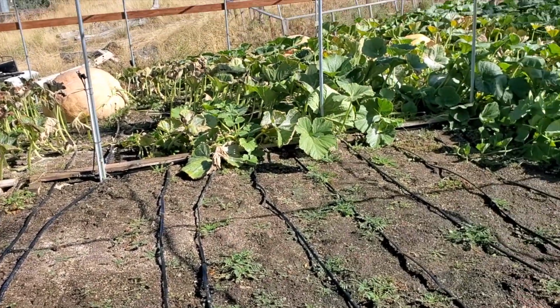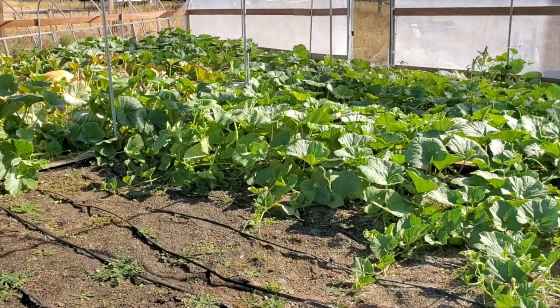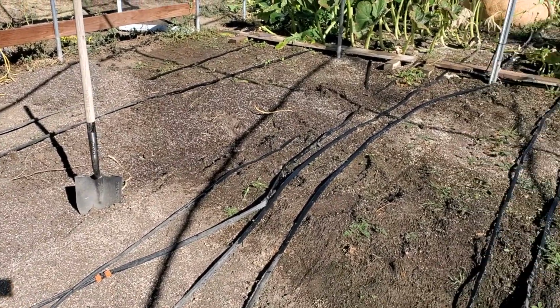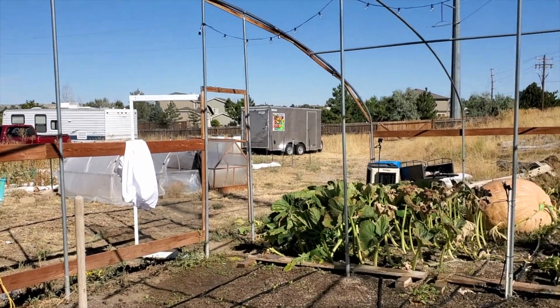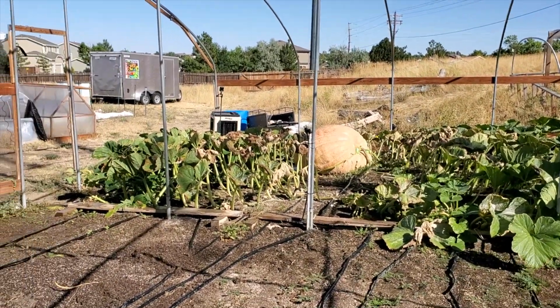So we'll wrap it up with a tour around the patch. I thought I got all the fans. I see one right there I need to snag, but got all the power out of here. I dug up the heat cables and got the end wall taken down. Took down the supports on that side because that's where I backed the truck in, and oddly enough, it just seems like